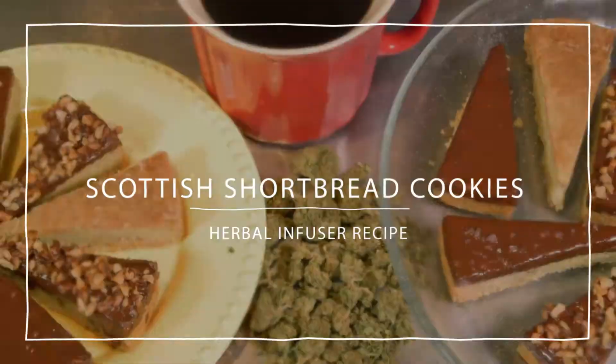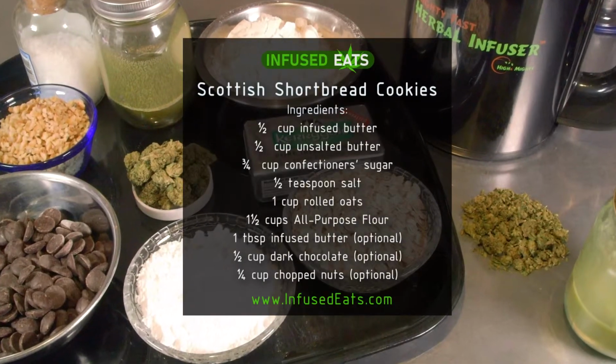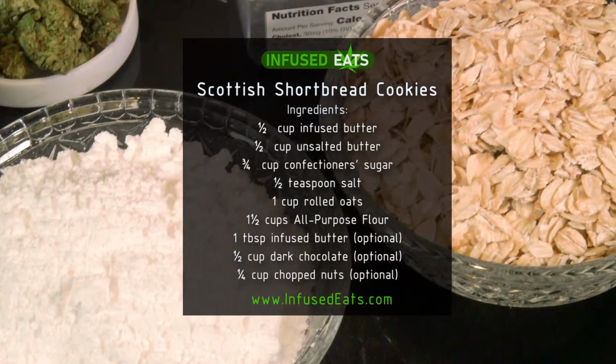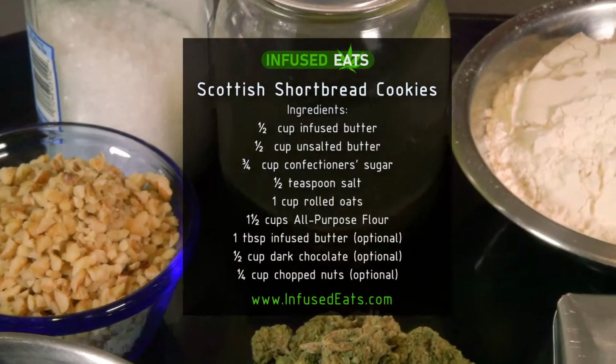Today we're making Scottish shortbread cookies. Now here's what you need. You need a half a cup of infused butter, and then a half a cup of not infused, unsalted butter, 3/4 cups of powdered sugar, half a teaspoon of salt, a cup of rolled oats, 1 1/2 cups of all-purpose flour,